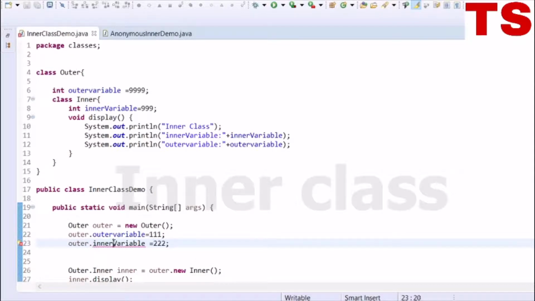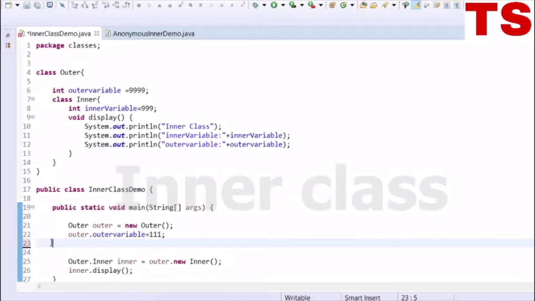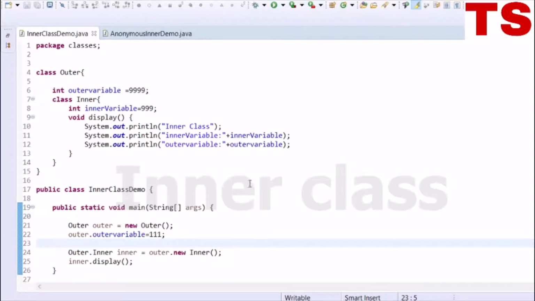And the compile time error says that the inner variable cannot be resolved or is not a field. So the inner variable, that is the variable of an inner class, is not accessible to the outer class.